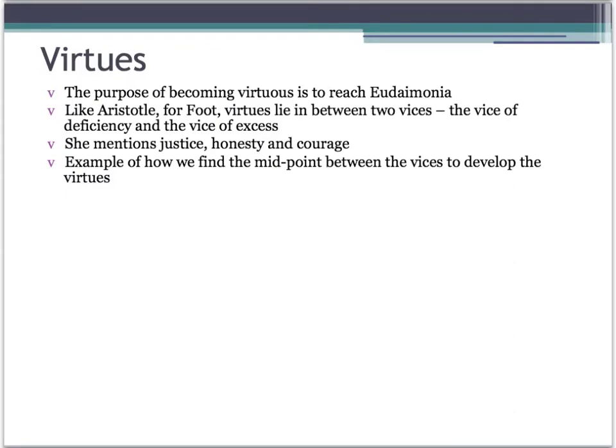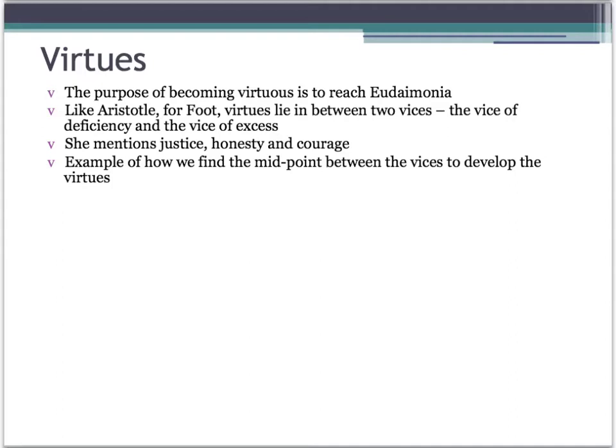So your first paragraph then on Foot is to discuss her virtues, and you would start off by saying that the purpose of becoming virtuous for her is to reach eudaimonia. So again, like Aristotle, it's to reach eudaimonia, flourishing, both for the self and for the community as well. And again, like Aristotle, for Foot, the virtues lie in between two vices, the vice of deficiency and the vice of excess. And so she mentions justice, honesty and courage as examples of her virtues